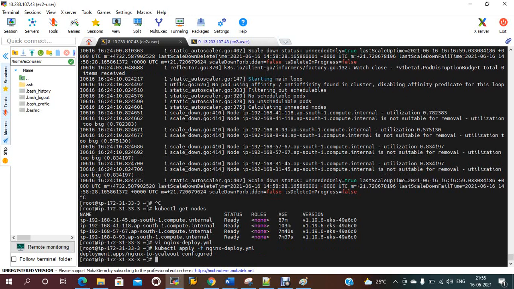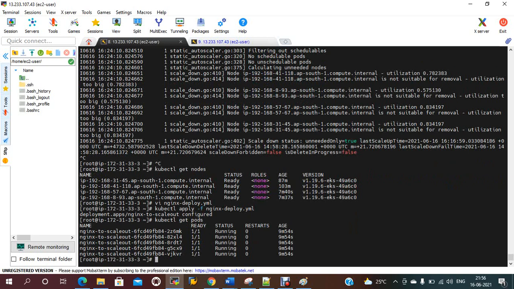Now this one should be configured, deployment nginx autoscale 1. Now if I give kubectl get pods, 5 are running.